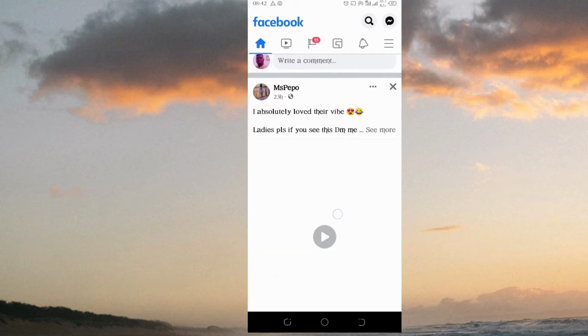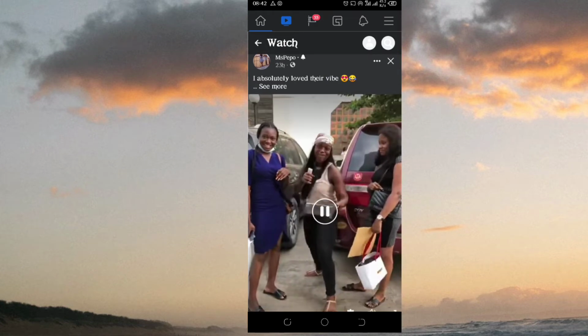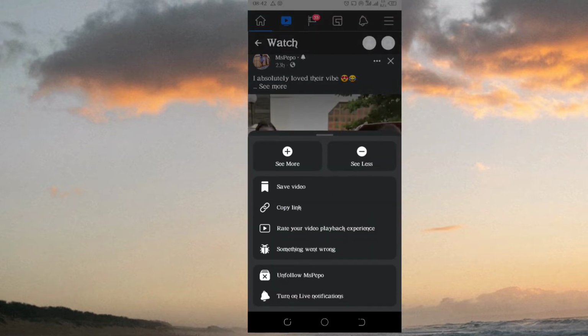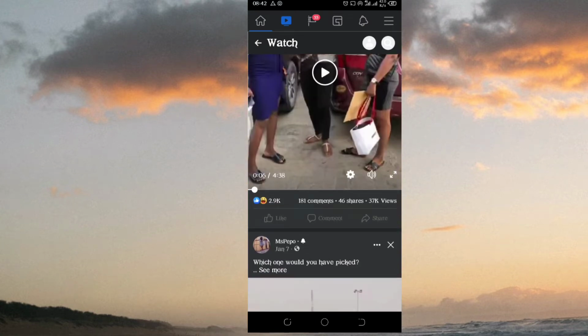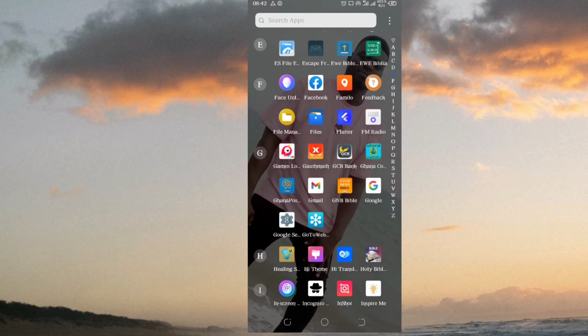Okay, so there's this app here. What you need to do is just click on the three dots here and then click on copy link. Now when you are done copying the link of the video, just go back to the app Vybe Video